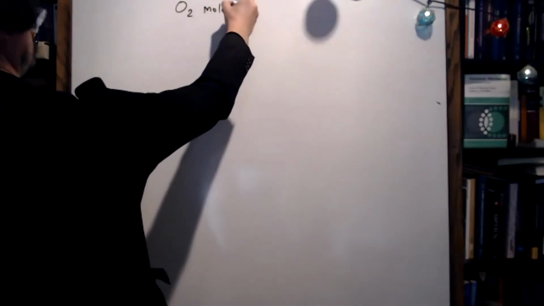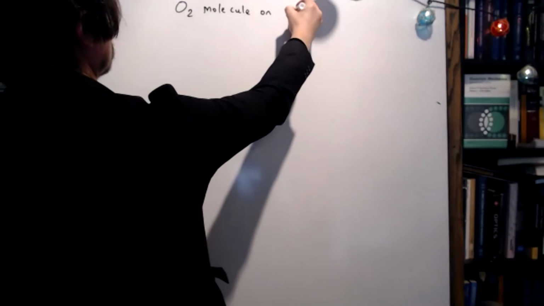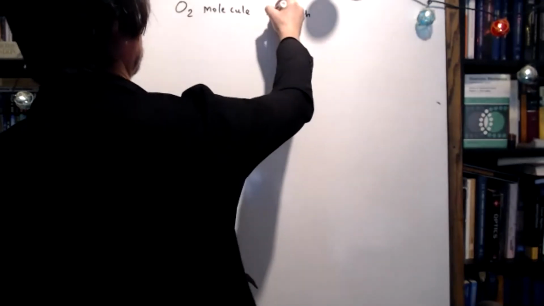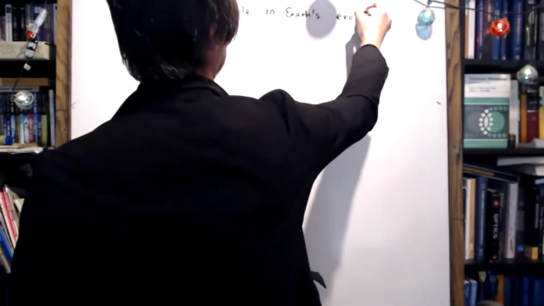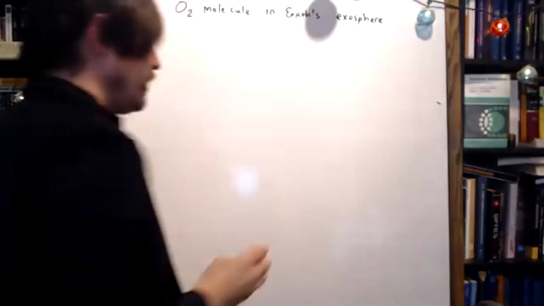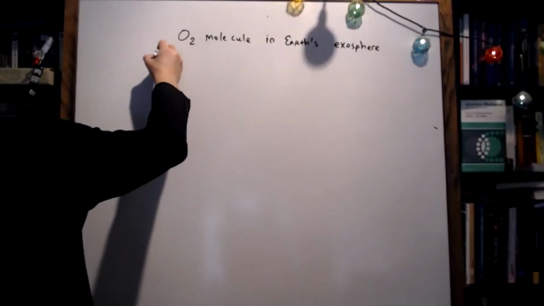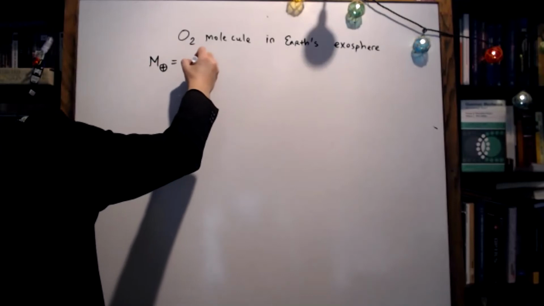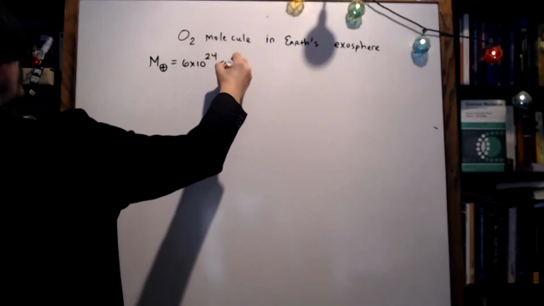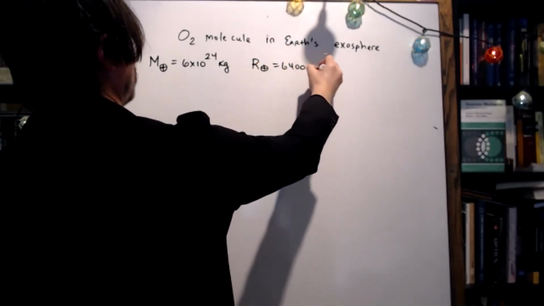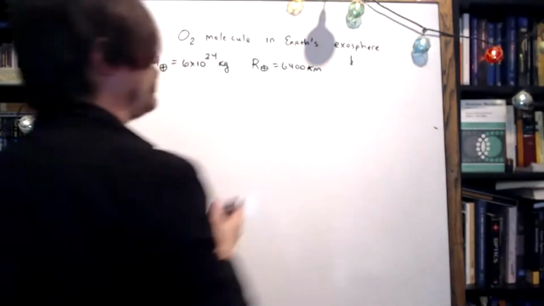Let's imagine we have an O2 molecule in Earth's exosphere. And let's use our graph to get a reasonable height for the exosphere. So we know that the mass of Earth is 6 times 10 to the 24 kilograms. We know that the radius of Earth is 6,400 kilometers. And for the exosphere, I'm going to want to use like 300 or 400 kilometers, but